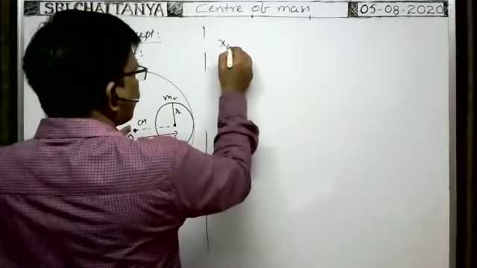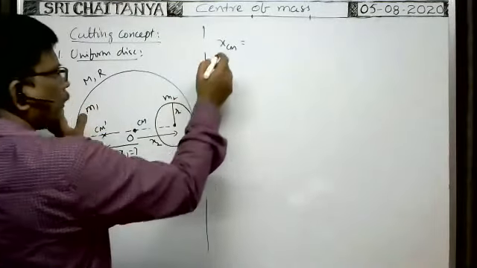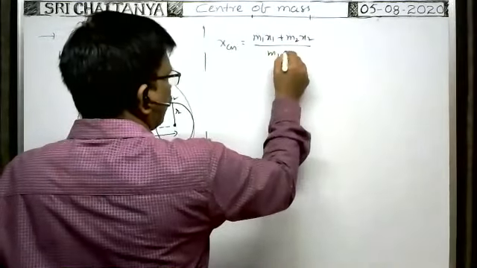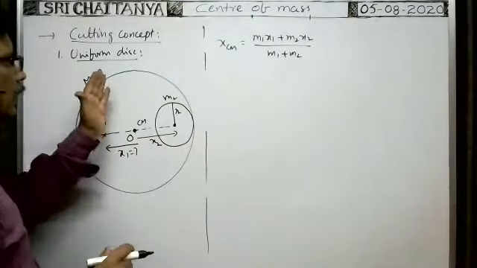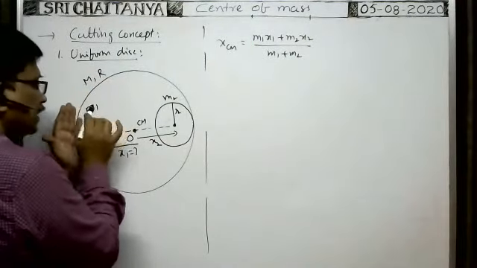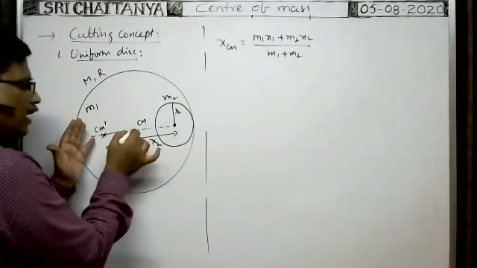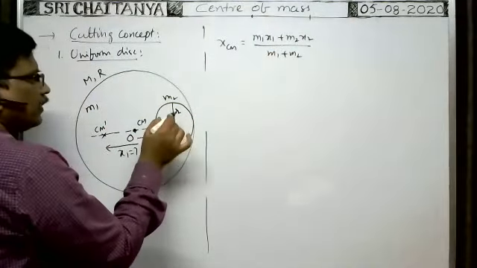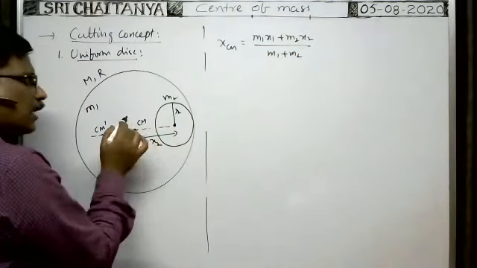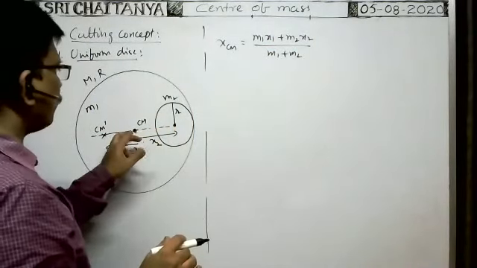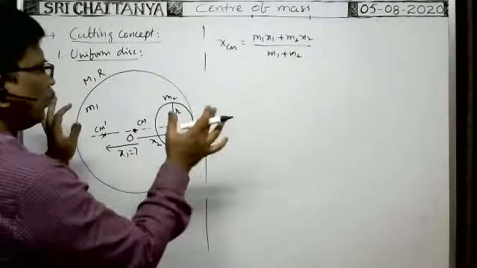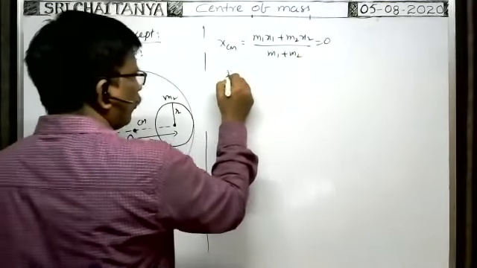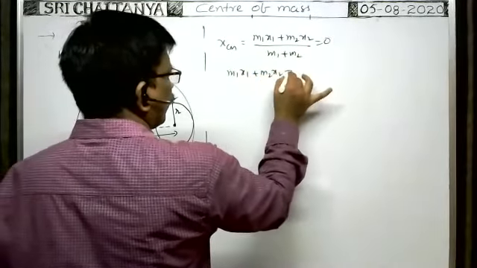That's why x coordinate of center of mass of the removed part and remaining part, xm, is equal to general formula m1 x1 plus m2 x2 by m1 plus m2. m1 is the mass of the remaining part, x1 is the distance of the center of mass of the remaining part from the origin or from the original center of mass. m2 is the mass of the removed part, x2 is the distance of the center of mass of the removed part from the original center of mass or from the origin. Whenever these distances are measured from the origin only, then we can write like this. When both are kept like this, then center of mass lies at the origin only. That's why xm is equal to 0. Therefore m1 x1 plus m2 x2 is equal to 0.